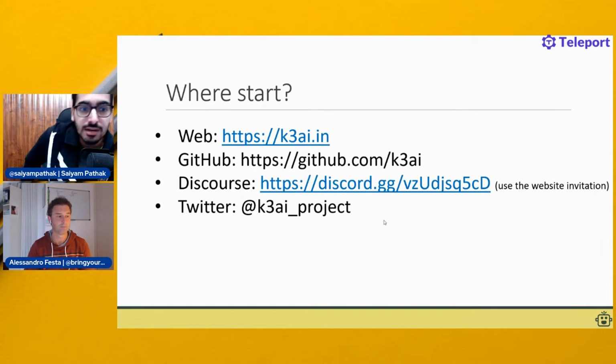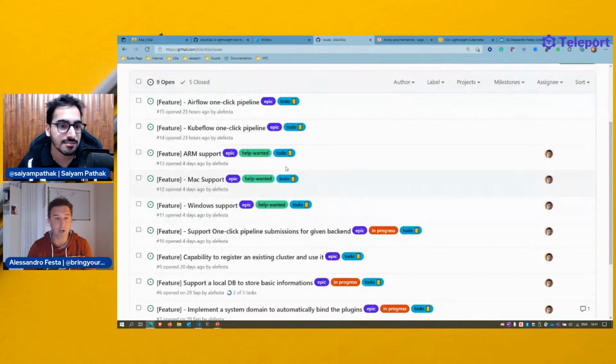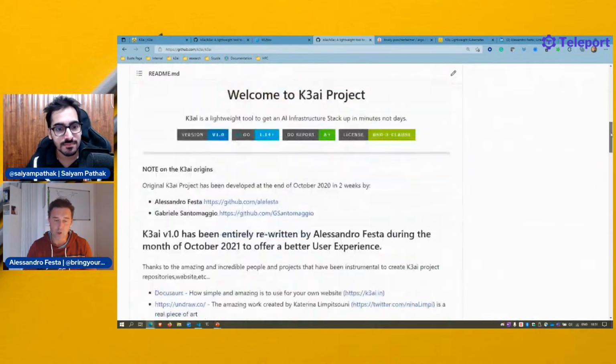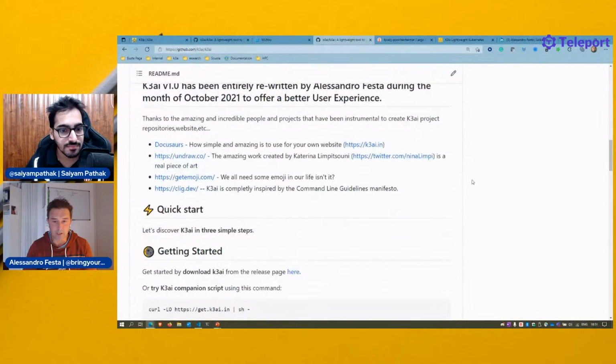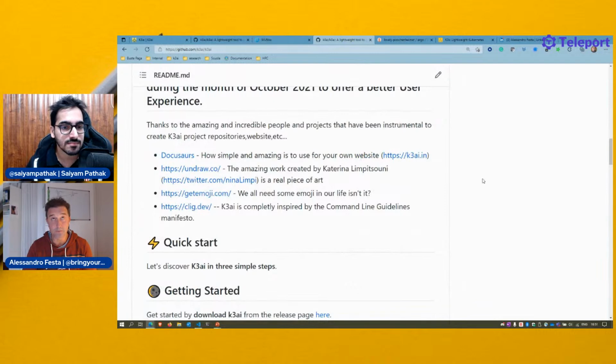Alessandro, can you talk a couple of minutes about the CLI best practices that you have used to create the CLI? Absolutely. Let me bring up the K3ai README notes. When I started to rewrite K3ai, the first thing I stumbled upon was how to make the CLI human readable, meaning how a user could quickly learn and use the CLI.